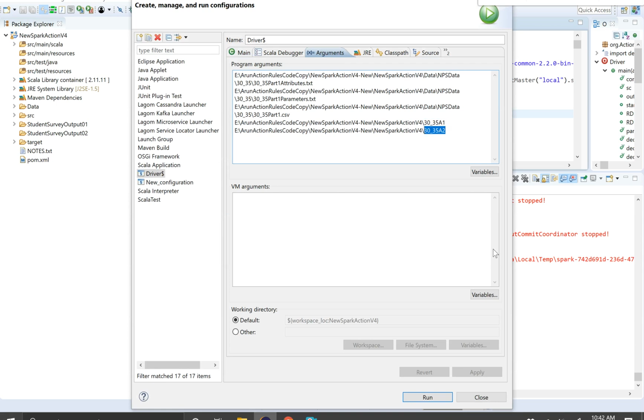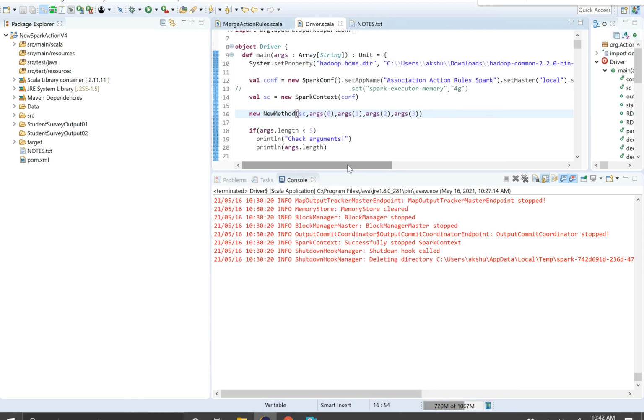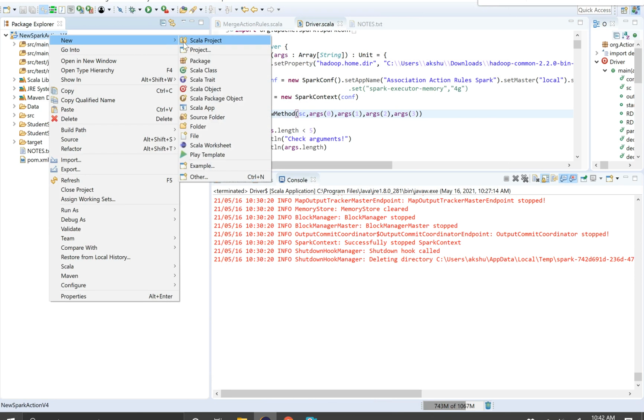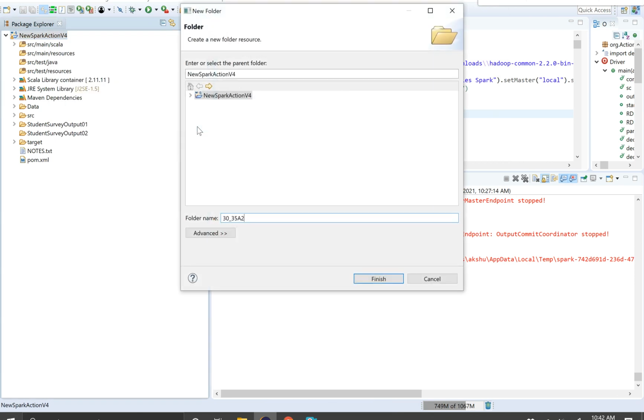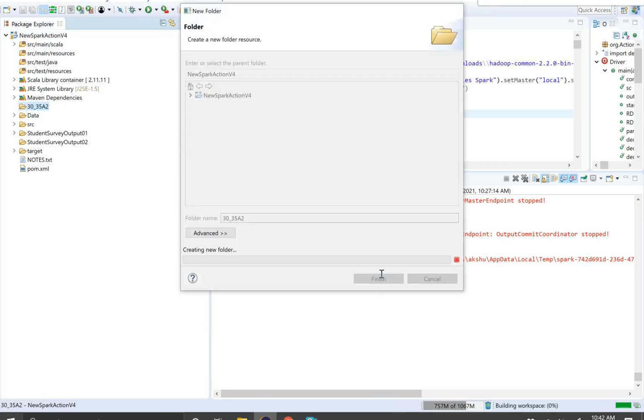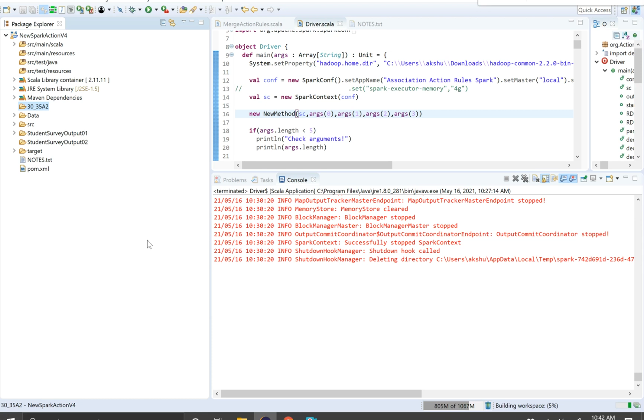So inside the new Spark action v4, I'll create this folder. New folder. Okay, so this folder is now created. This location is what is given as one of the arguments.